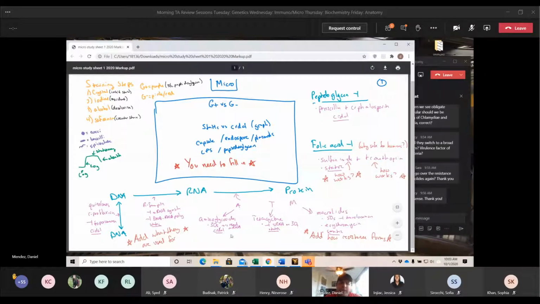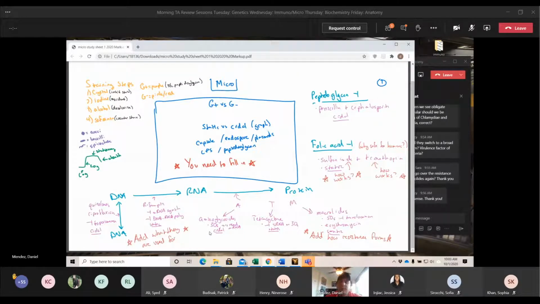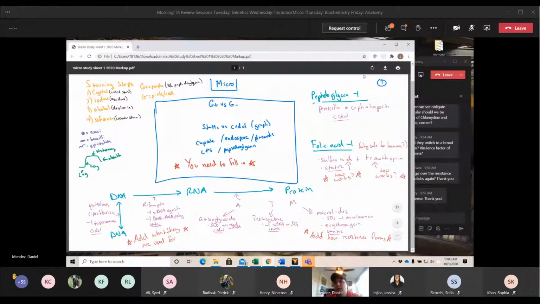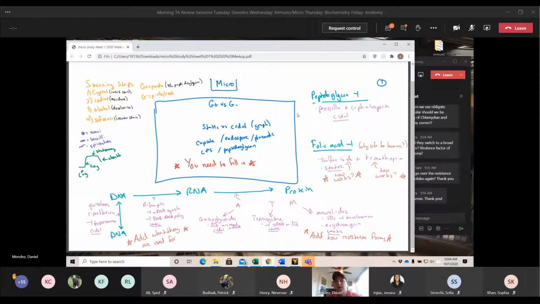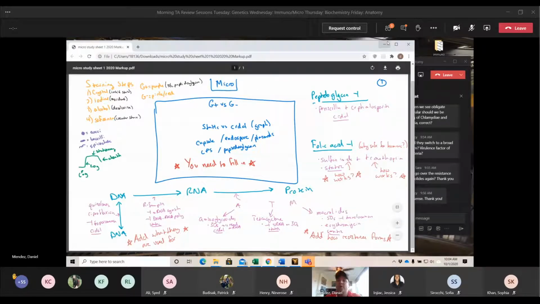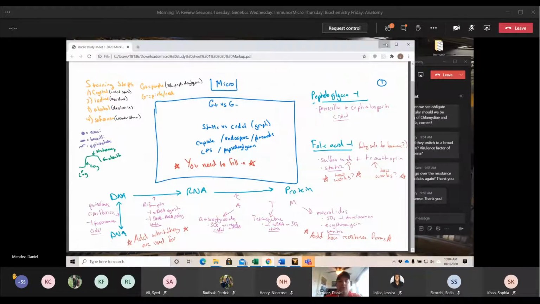Also, you definitely put in what they're used for. Some of them are broad spectrum, some are narrow spectrum, and some, like the tetracycline, are for obligate intracellular bacteria, things like that. And then also put the resistance factors, and then you can throw in the other two here: the cell wall synthesis inhibitors, and then the metabolic inhibitors over here. So this is just a general idea. If you haven't looked at this, make sure to look at it. If you haven't created your own, definitely create your own, because this is bare bones. This is not enough to actually study. You need to add a lot more information to really prepare yourself.